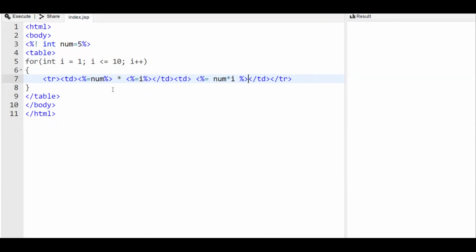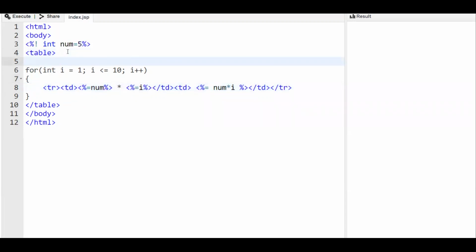So this is an HTML tag. Now for this particular control statement, we have to put the scriptlet tag, which is nothing but this percentage. We start the scriptlet tag before this for, for commencing the for, and we end it after this flower bracket, because the next portion is the HTML tag.